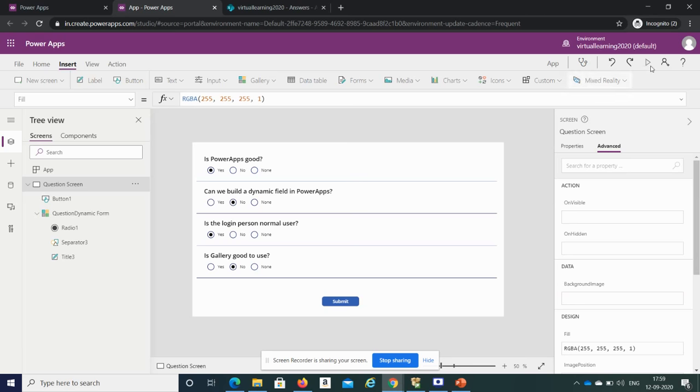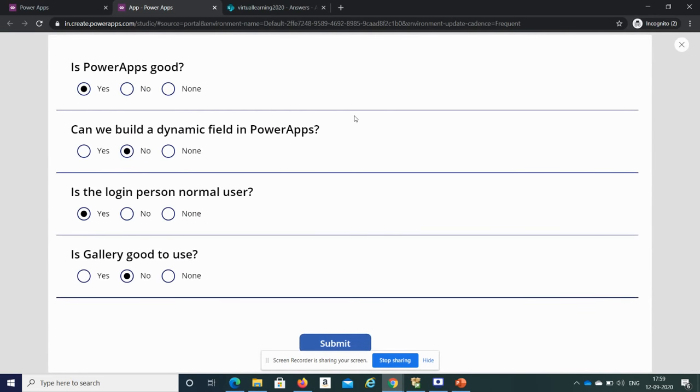Now what we will do, we'll just click on this play and we'll select some answers. None. And is gallery go to use? Yes. Is the login person normal user? No, because I am a developer. So I've added a few questions, and now I will click on submit.